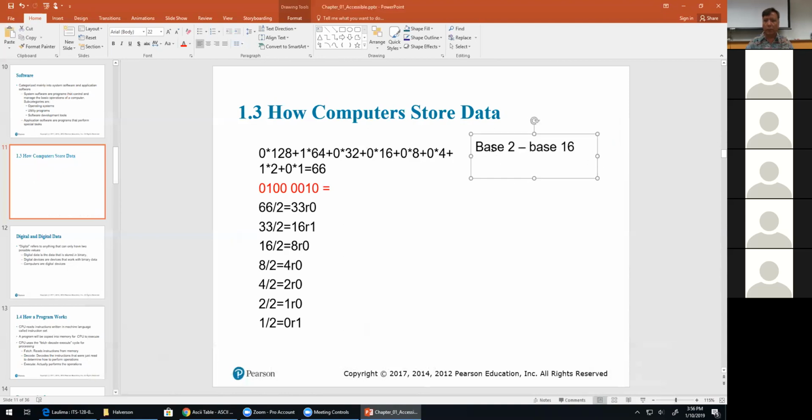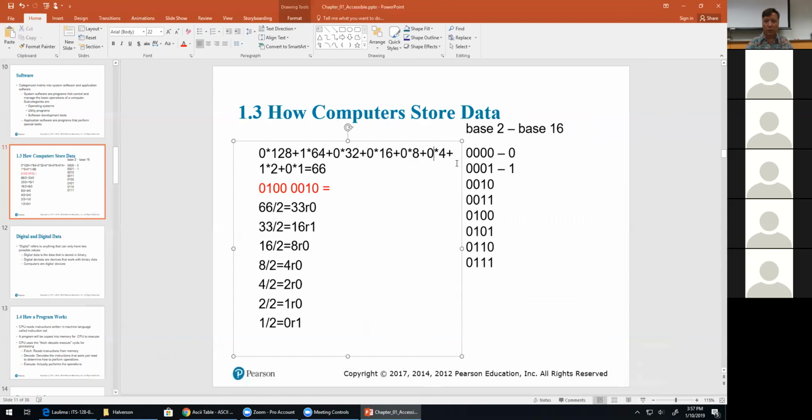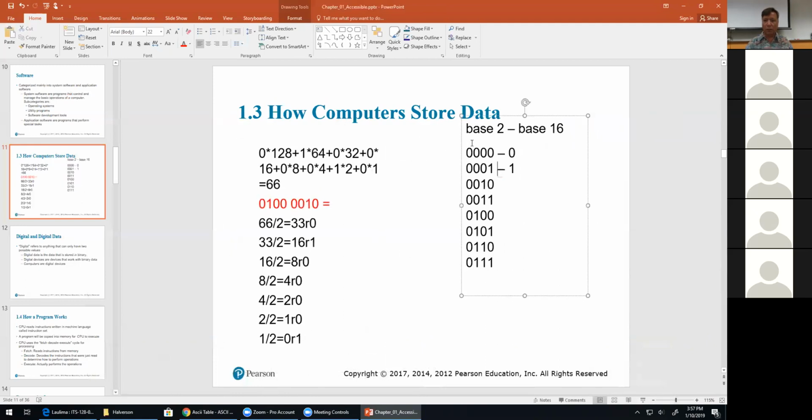We're comparing base 2 and base 16, and base 2 numbers, it's like double spaces. 0000 is hex 0. 0001 is hex 1. This is boring. 0010, 0011, 0100, 0101, 0110, 0111, and then we go higher than that. It's kind of dumb to do it this way, but